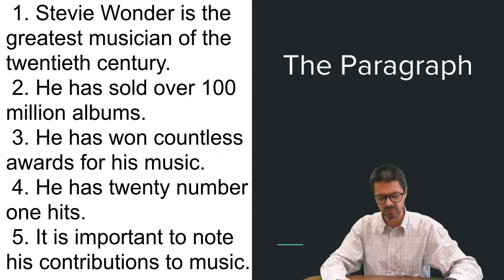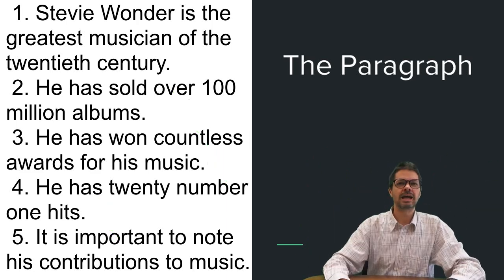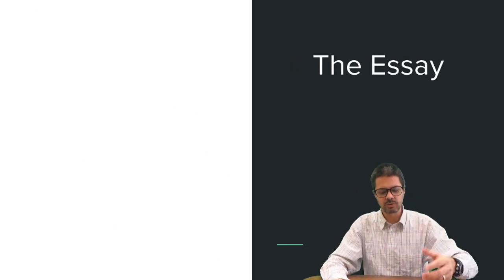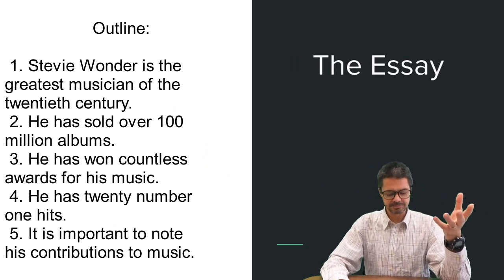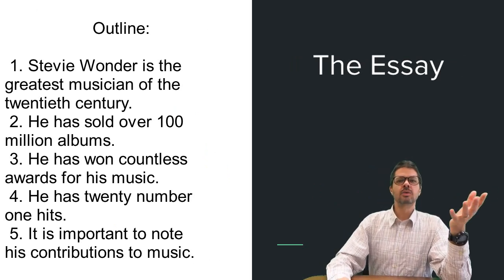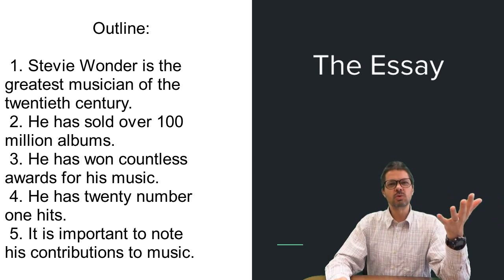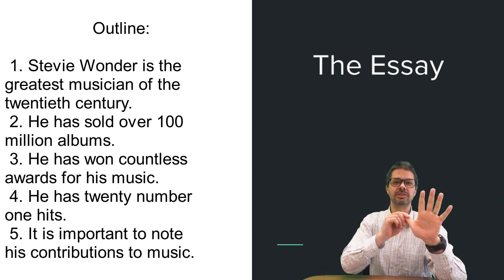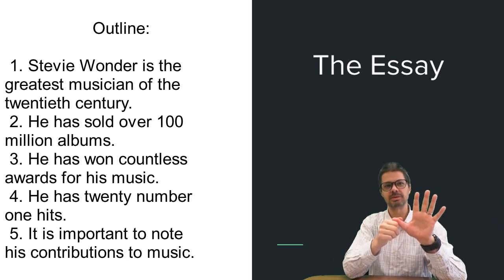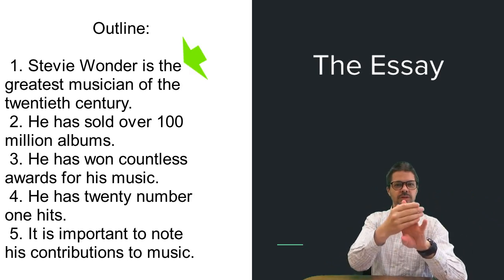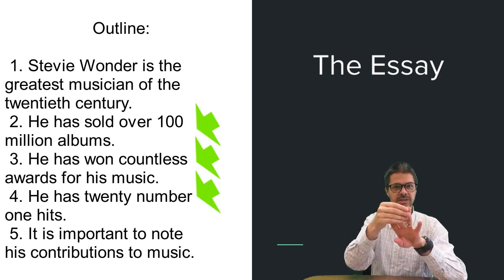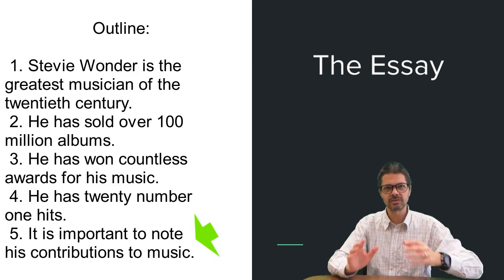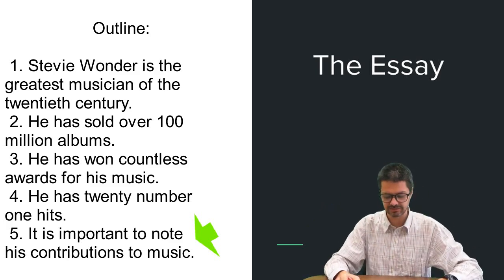So let's jump ahead. We got the paragraph. Now, how do we make an essay out of this? Well, what's nice is we have that outline, we have the format, so we want to build upon it, right? When we talk about a basic essay structure, normally we are thinking about a 5-paragraph essay. Interestingly enough, we have the introduction, which is similar to the topic sentence of a paragraph. We have the 3 body paragraphs, which are the supporting details, just like in the paragraph. And then we have the conclusion. Similar, right? So all we need to do is expand those ideas.